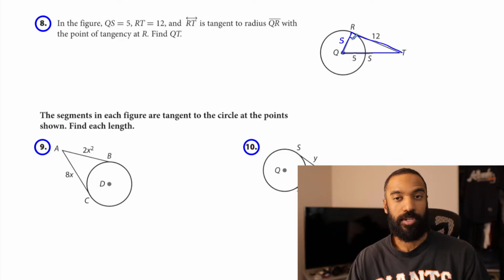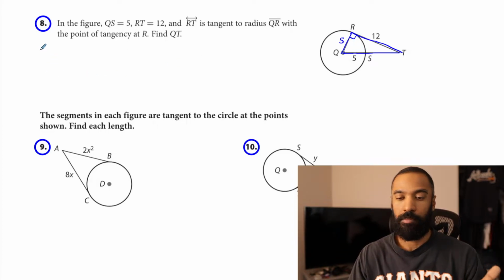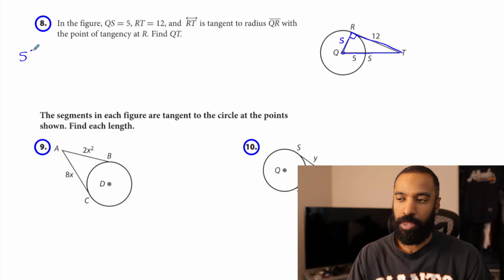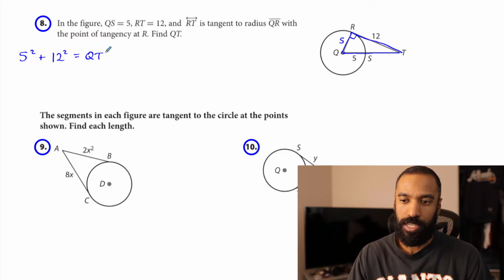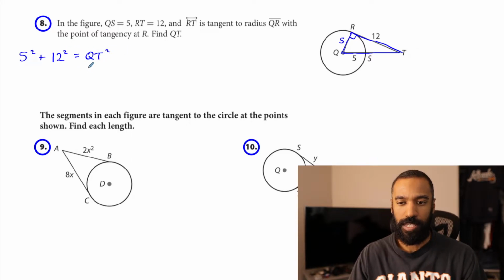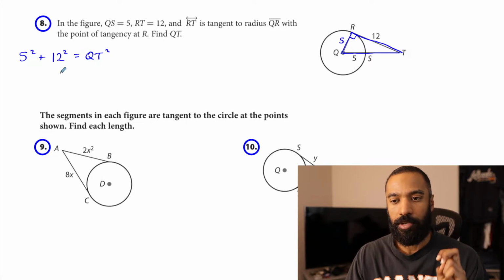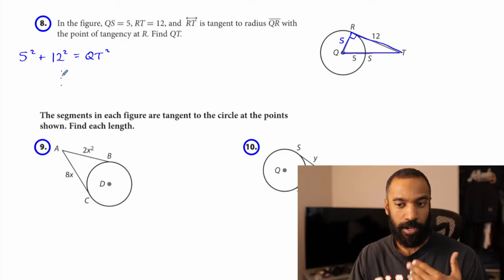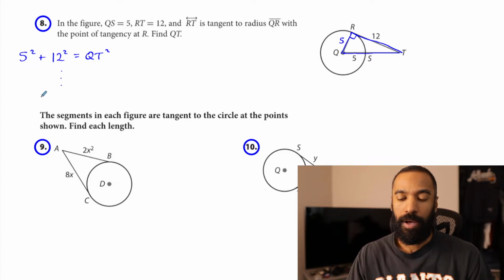So you have some options here. Option number 1, which most people should go for, is working out Pythagorean theorem: 5 squared plus 12 squared equals QT squared, and then finding QT. I'm going to skip the steps. If you want to work this out, go ahead. If you square these, add them up, and take the square root, you get